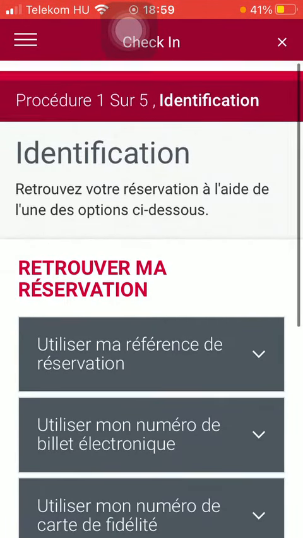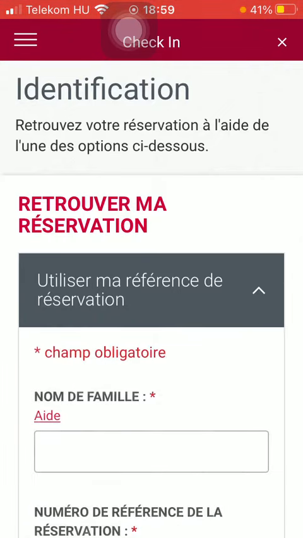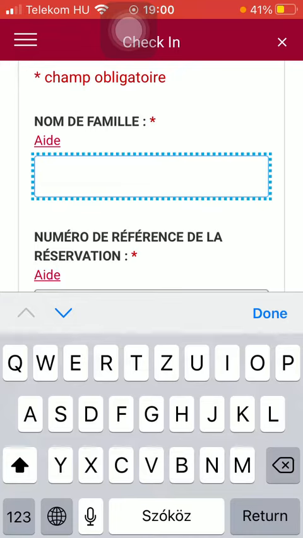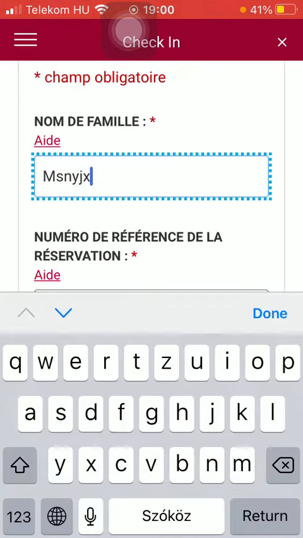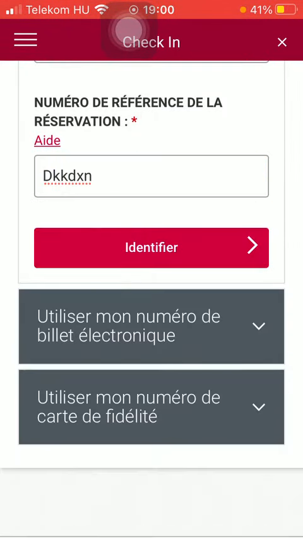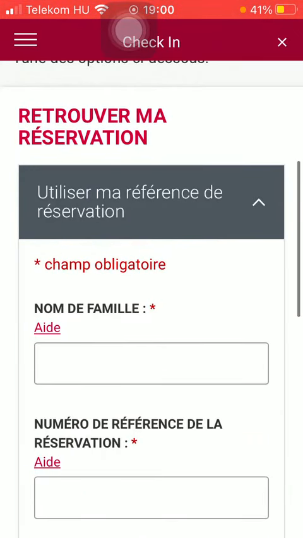Then you should tap on the first button if you would like to use your reference number of your reservation. First of all, you should type in your surname. And then the number of reservation, and click on the identify button down below, and then you will be able